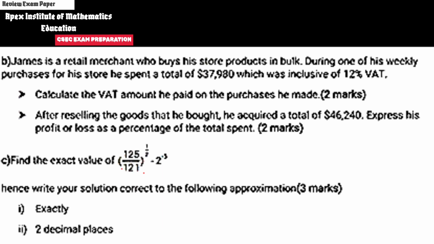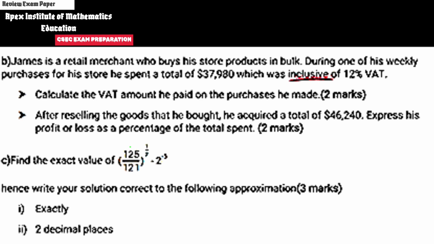Now, during one of his weekly purchases for his store, he spent a total of $37,980, which was inclusive. Let's underline this word, guys. Inclusive of 12% value added tax, or what we say is GCT, or we just simply say sales tax. Now, we are required to calculate the value added tax amount that he paid on the purchases he made,